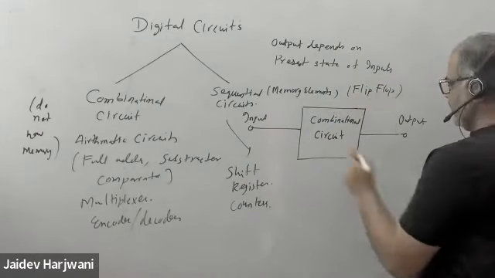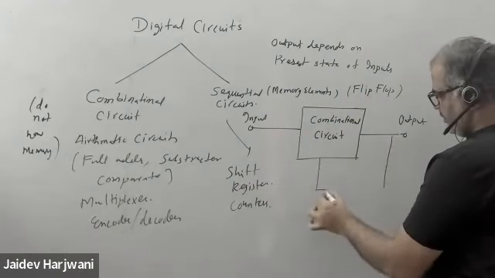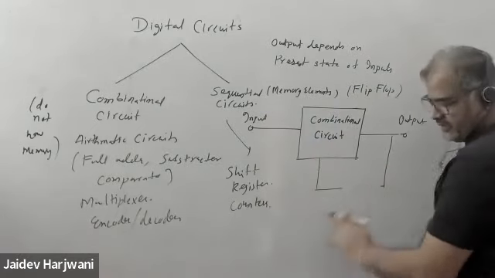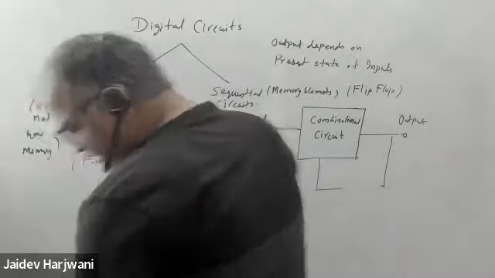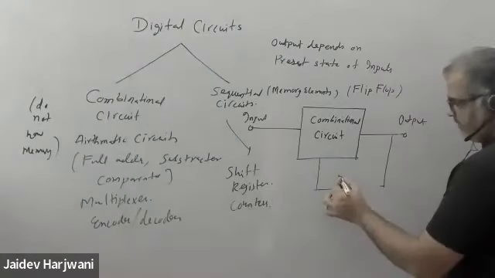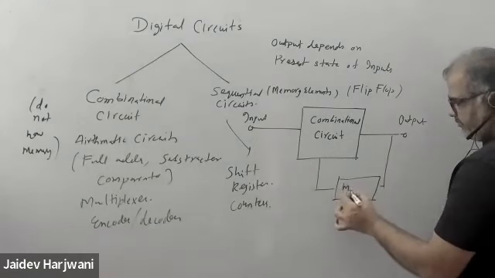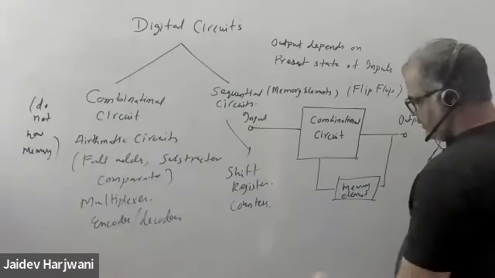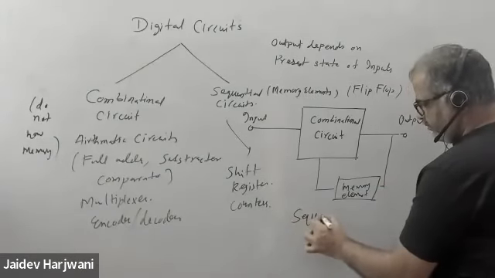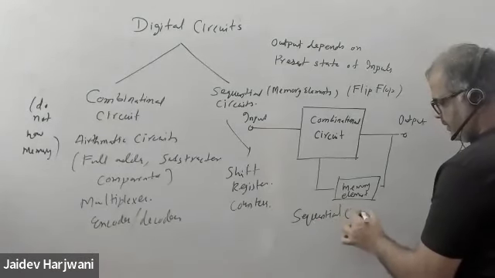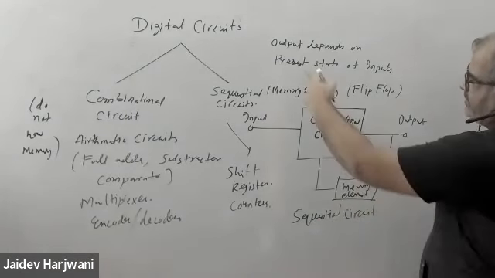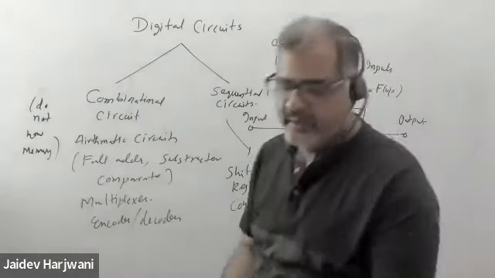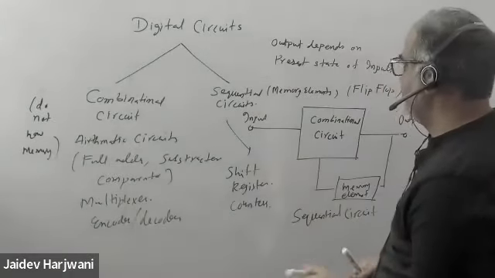So in a sequential circuit, some part of the output also comes back as feedback into the input. So you have a memory element here. This is your memory element, and this is an example of a sequential circuit. In a combinational circuit, output depends only on the present state of input, but in a sequential circuit,